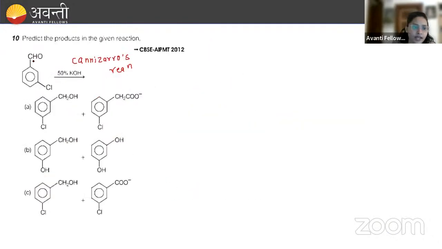यहाँ पे ये मॉलिक्यूल है, इसका सेल्फ कंडेंसेशन होगा इन प्रेजेंस ऑफ 50% KOH। अल्कोहलिक KOH नहीं दिया हुआ है गणेश, यहाँ पे हम लोगों को 50% KOH दिया हुआ है. Okay, so that's why in presence of 50% KOH and carbonyl group is there, I'm telling you that the reaction which will take place is Cannizzaro's reaction, in which alcohol is formed and salt is formed. तो यहाँ पे अल्कोहल और सॉल्ट फॉर्म होगा।